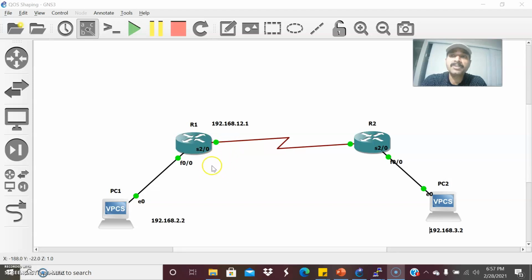So a shaper also delays the packet. Excess packets will be stored in the queue, and afterwards they will be sent when the bandwidth is available. So that is the way shaping works. It is used to buffer the data to a certain bit rate. Shaping also creates a delay in buffering. Each and every time it will buffer the data, and once the bandwidth is available, it will send the data. So that is the benefit of shaping.